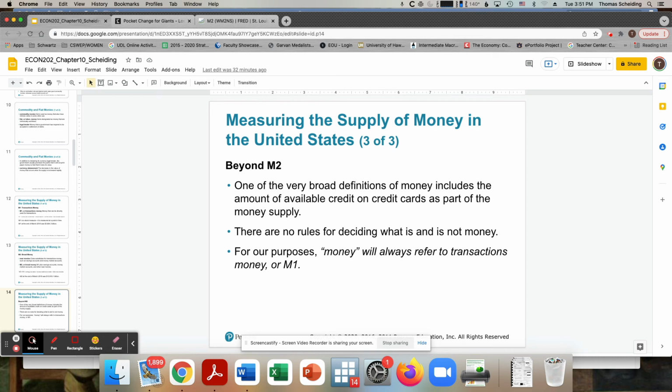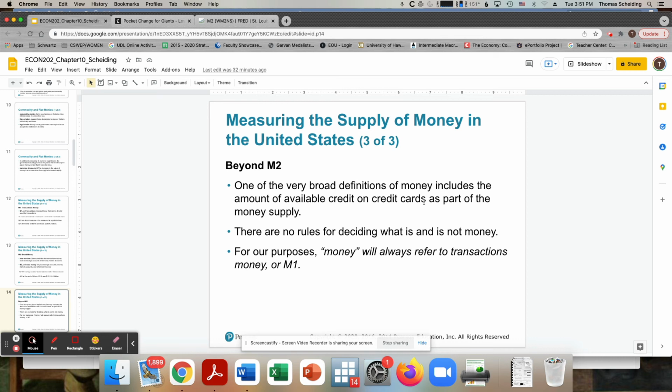Credit cards are a means of paying for things. But how do you pay your credit card bill? You pay for it with either cash or a checking account, right? Or a direct debit from your checking account or your savings account. So credit cards are not money. They're just allowing you to access your money and add some extra features, like not having to pay interest on it for 28 days, the billing cycle. So I disagree with it saying that credit cards are money.